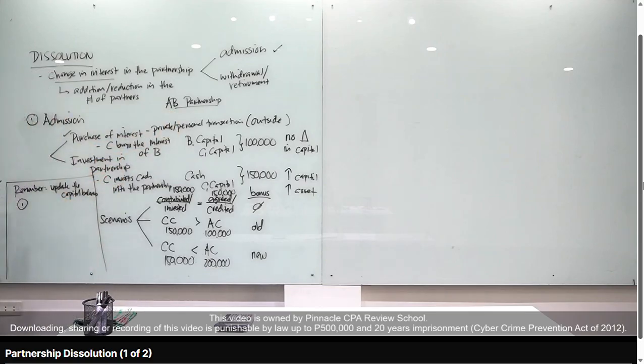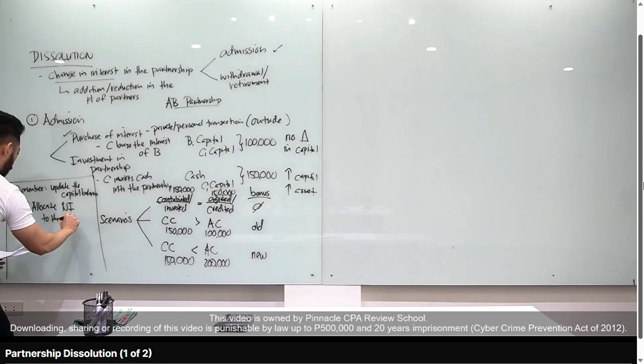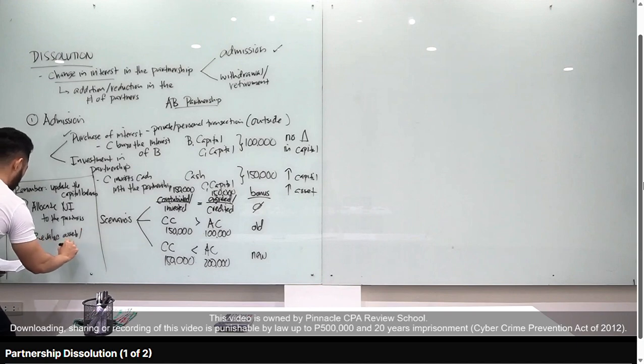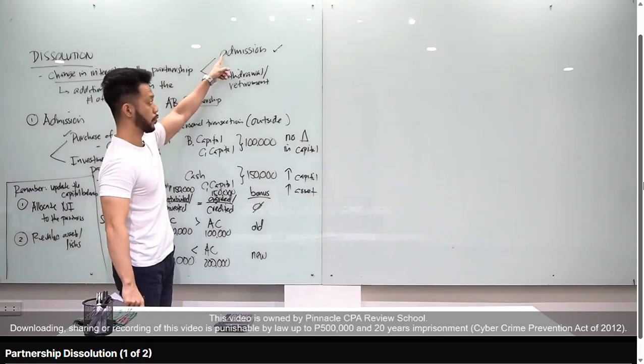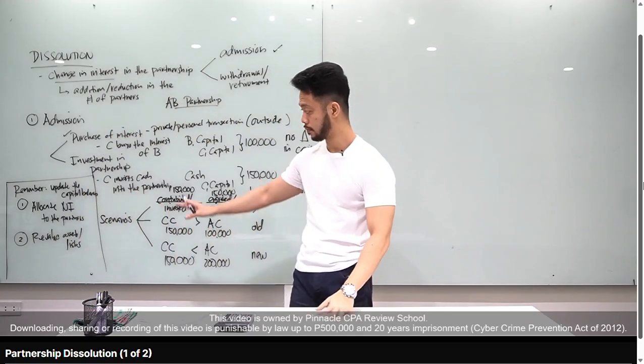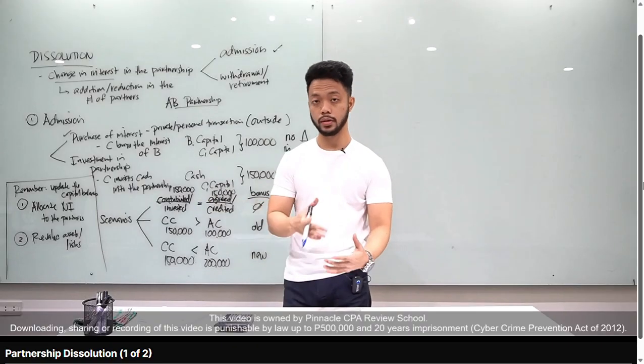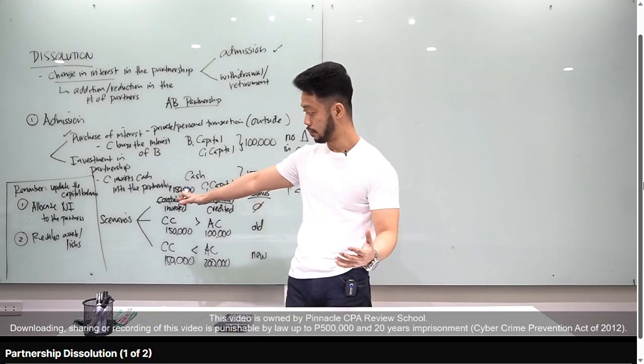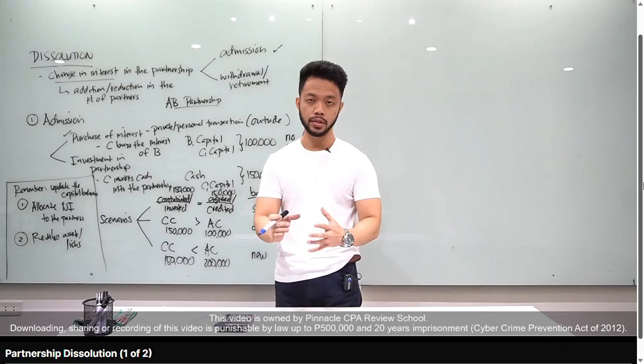Sir, how do we update that? Well, when there is a net income given in the problem, allocate it first. Allocate net income or net loss to the partners. Alright? Or, revalue the assets and liabilities first. Okay? Let me repeat, before you admit, before a partner withdraws or retires, update the capital balances first. What affects the capital balances? Net income. When there is a given net income, allocate it first. Alright? And if the fair market value of assets and liabilities is different, revalue them first.